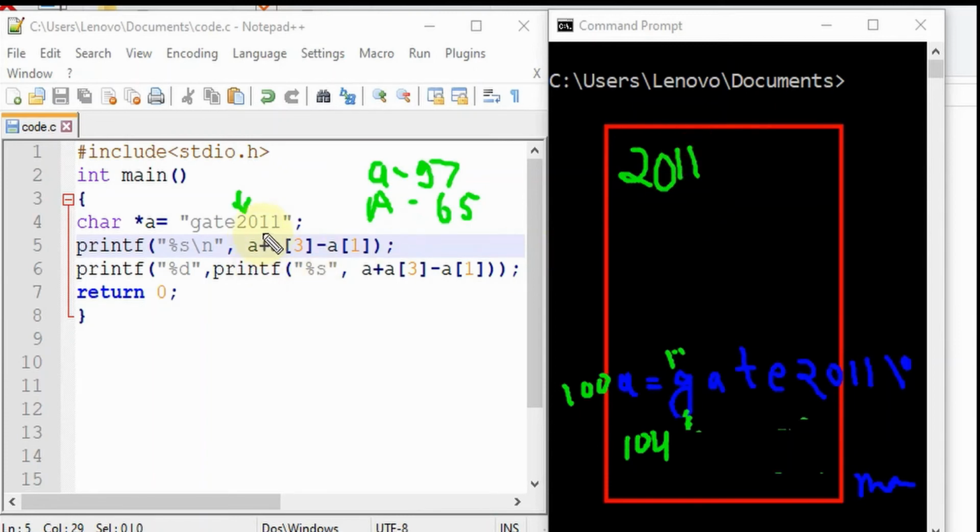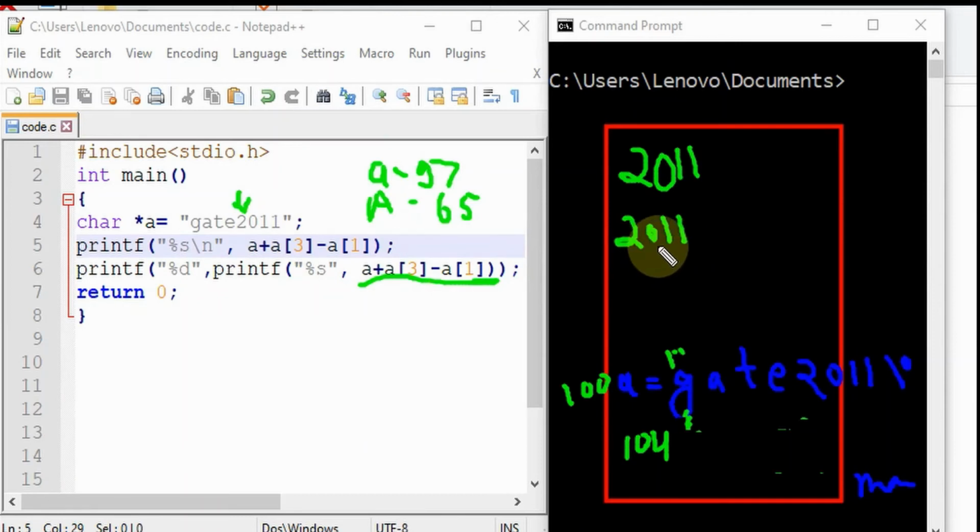Okay, 2011 will be printed, and in the next line the same value I have taken will be printed exactly the same. This is another concept, but I thought it would be good to show this. I've used a nested printf, so the same value 2011 will be printed again. I want to show you what the printf is going to return. It will print this value, no problem, but printf is also a function that returns how many characters have been printed successfully.